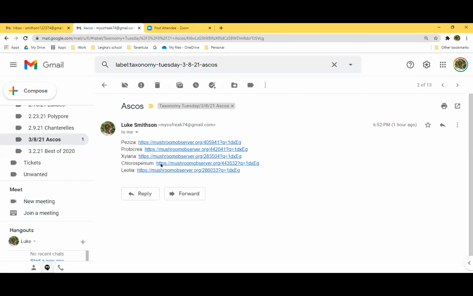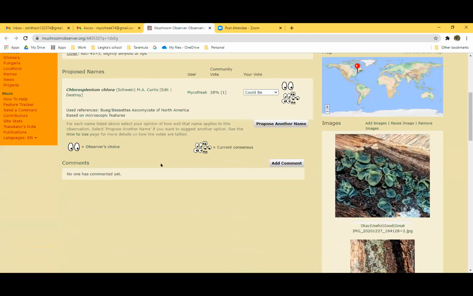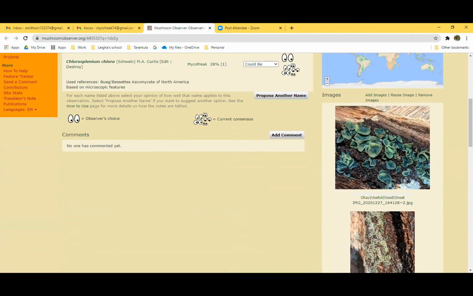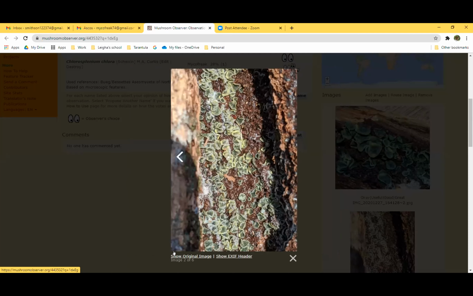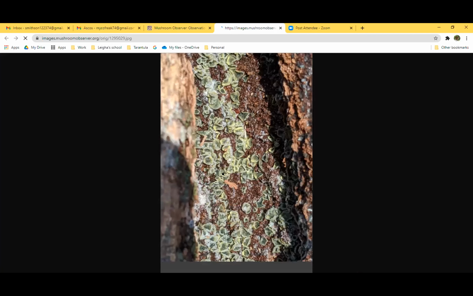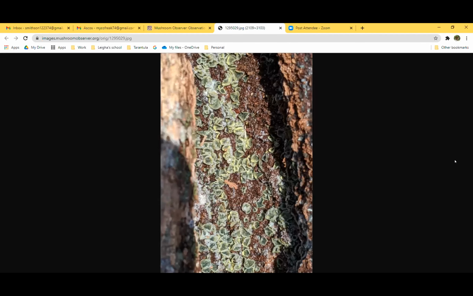And then we also saw this one already, Chlorociboria. I just found this over the winter. I found this on December 27th, and it was frozen when I found it. I've already shown this once earlier this year, but there wasn't a whole lot out 2 days after Christmas. I was pretty excited to find this, something that was actually alive. You can see in this picture they were frozen when I found them. See all the ice on them? But I took them home,